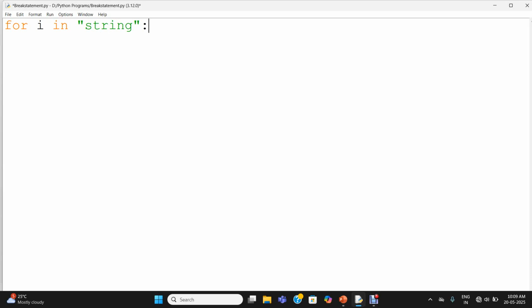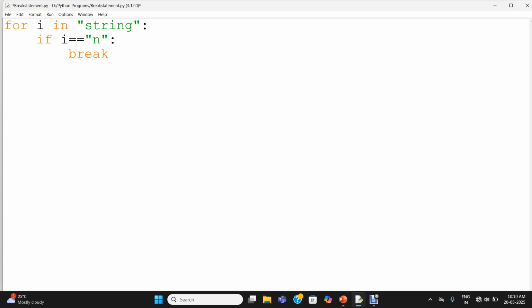I am checking a condition: if i double equal to n, the value of i double equal to n. Within the if statement, I am giving this break.